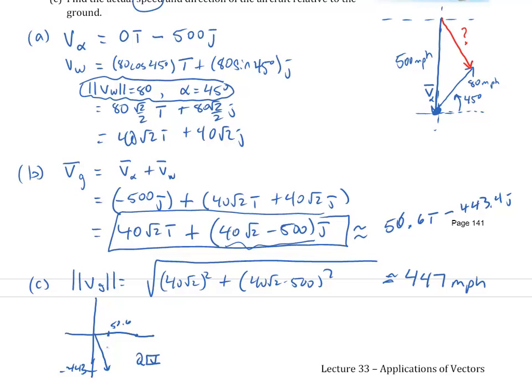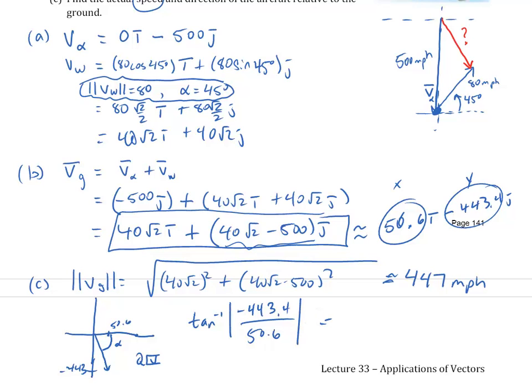So my alpha, I can figure out this alpha right here, my direction angle, by doing tangent inverse of y over this x here. So negative 443.4 divided by 56.6. Plug that into my calculator. Tangent inverse of this value will give me this angle here, which we've referred to in the past as something like theta sub r for a reference angle, but that will give me this angle, the direction that it's flying, which is approximately 82.7 degrees,